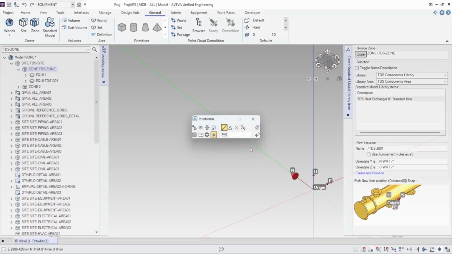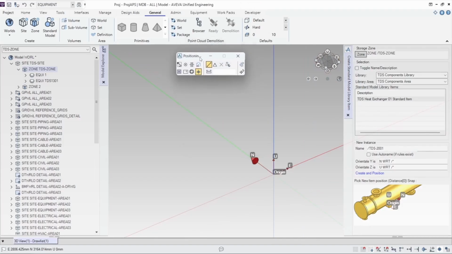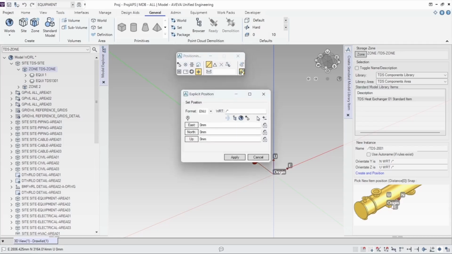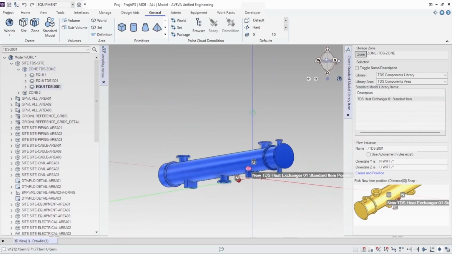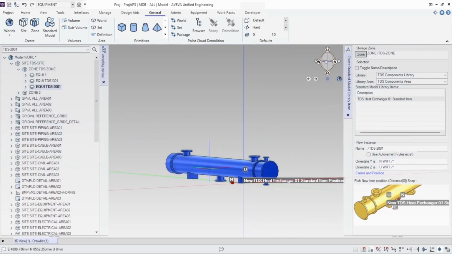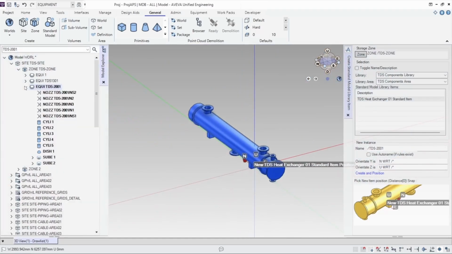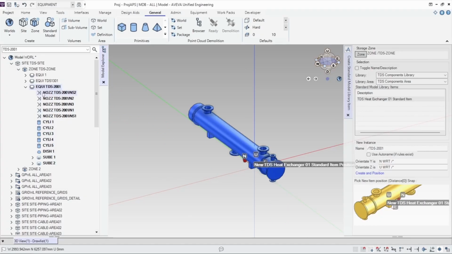You'll be prompted to select a point in the model. Choose a suitable location, typically somewhere appropriate within your modeling space. Since we're not working within a specific plant model here, we'll instead use explicit position and set the coordinates to 0, 0, 0, where the equipment's origin will be placed. The standard equipment now appears in the model, complete with its geometry and hierarchy intact. Now that we've seen how to add a component from the standard model library,